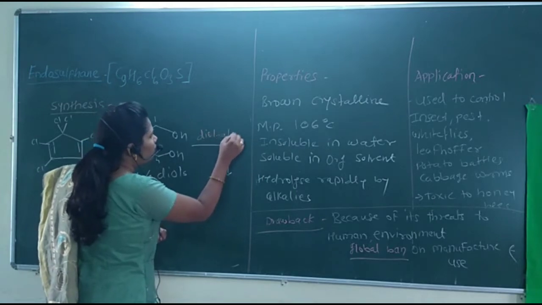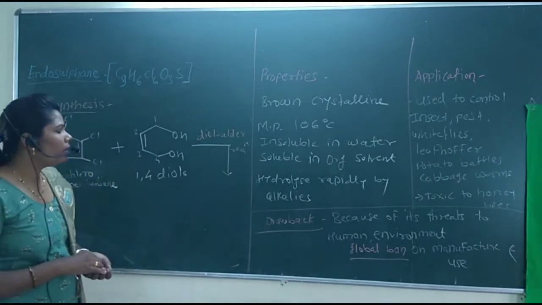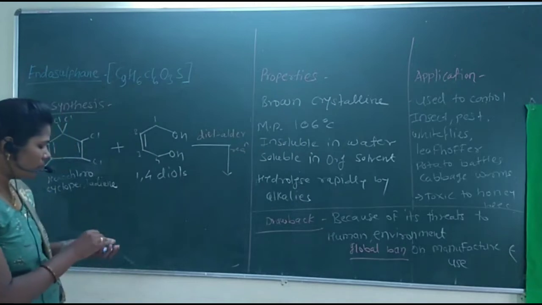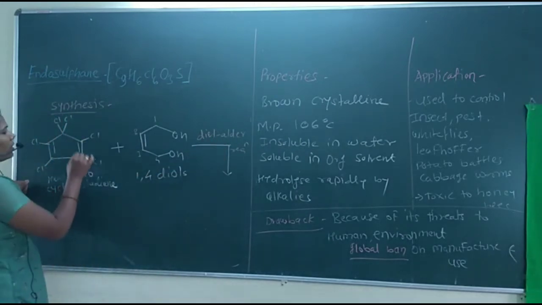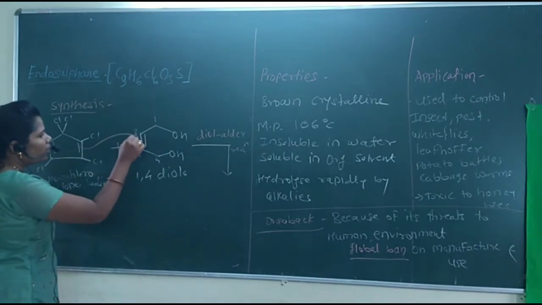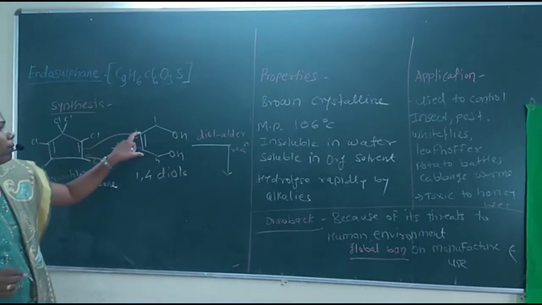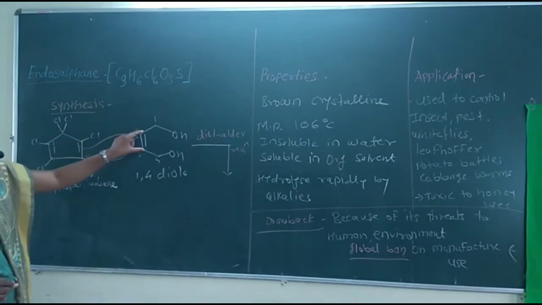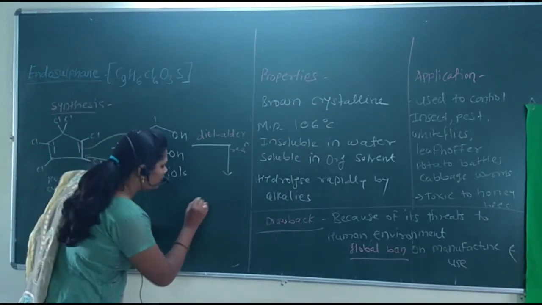These two compounds undergo a Diels-Alder reaction, and we get the intermediate, that is the adduct. Let me show how this reaction is expressed. In the Diels-Alder reaction, this double bond is shifted to here and this one is shifted to here, and there is a formation of a bond like this. That means a ring of six carbons, bonded together in this manner.